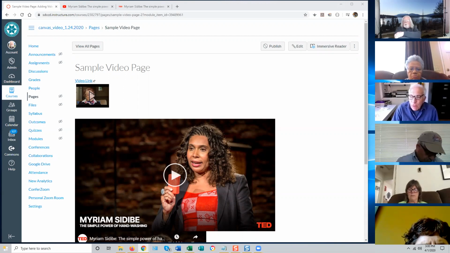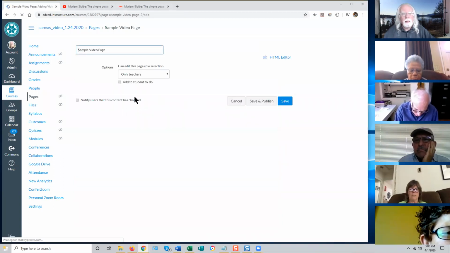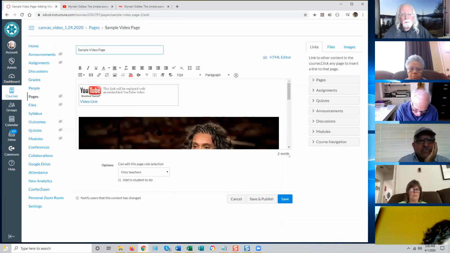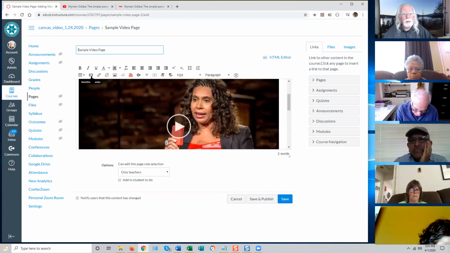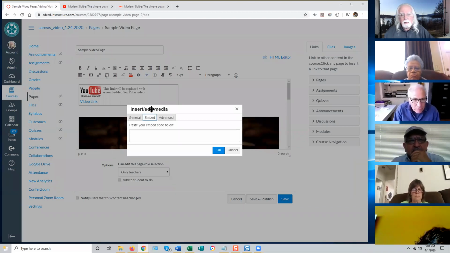You do have to put that in just the right place in the embed code. You have to use an embed code instead of a simple URL, which means when you go to the Insert Edit Media tool, you have to use the Embed tab in the Insert Edit Media box that pops up, and you have to